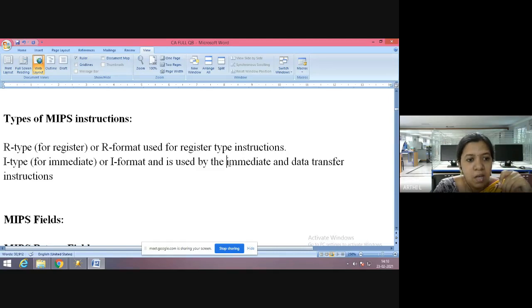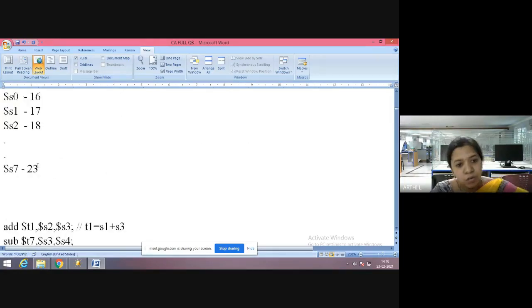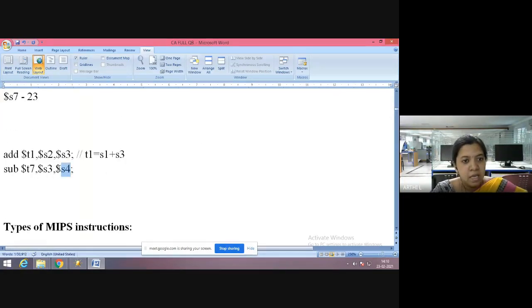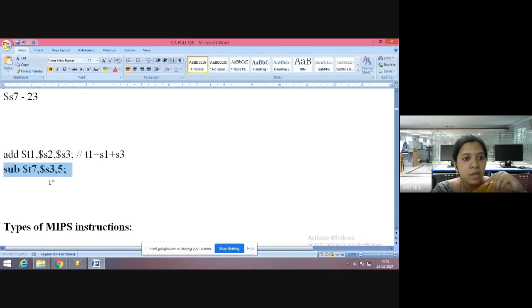Immediate, we can say, or it can also be used for data transfer. Okay, immediate instruction means if you are going to formulate like this, see, subtract $T7, $S3, 5. If an instruction is like this, it means that there is some register value and there is an immediate value here.